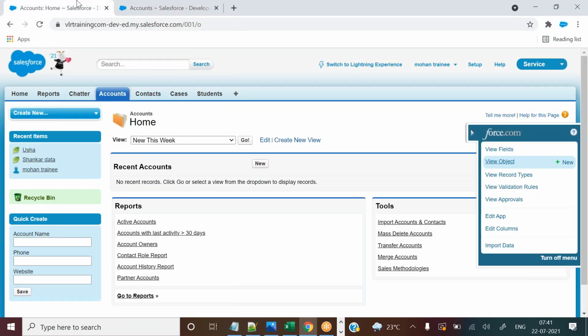Okay guys, don't worry about these standard objects. Once all the topics related to custom objects are finished, I will explain standard objects and tell you the difference between custom objects and standard objects, and after that I will give a few assignments for you to work on.